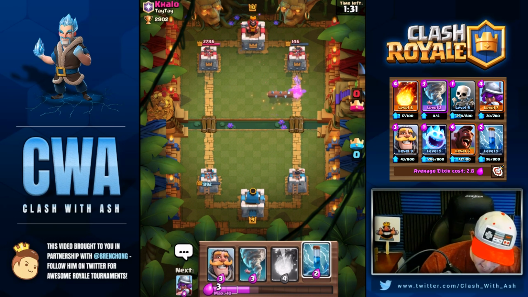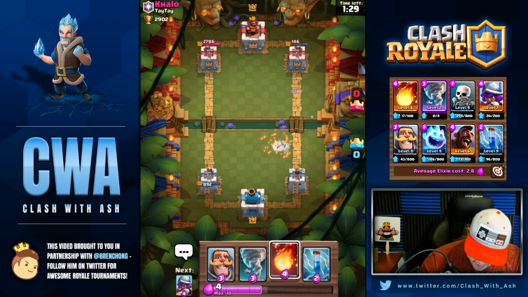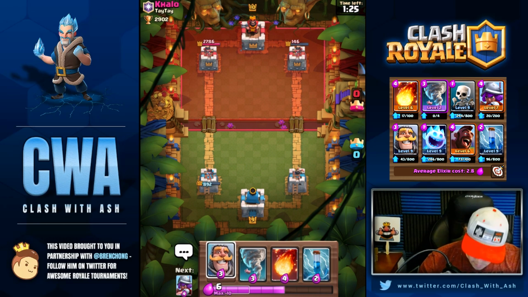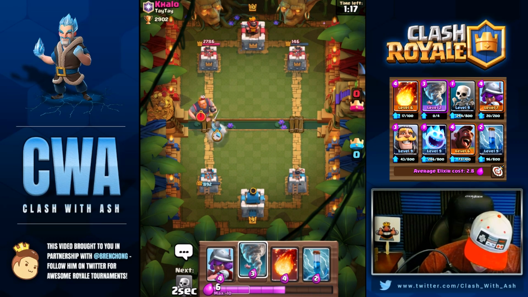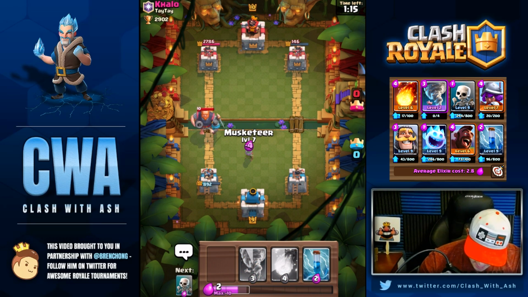That was really good. He burns a log, so we really over-defended there, and now I can take down that right tower with just a Fireball. So I feel pretty good about that exchange there. Now we're going to be a little bit more patient. We know he has Goblin Barrel. We can use the Tornado against the Goblin Barrel, but he's coming in first with a